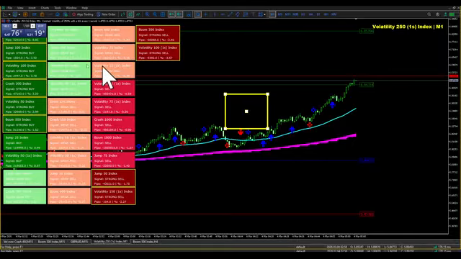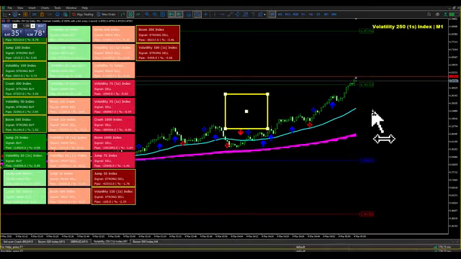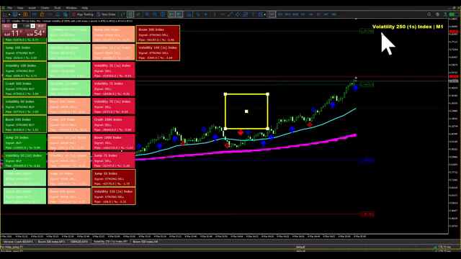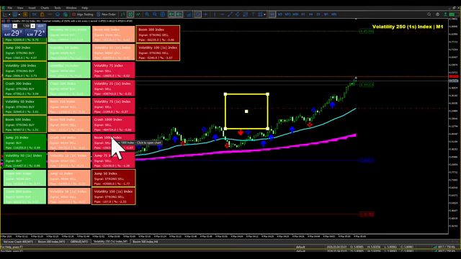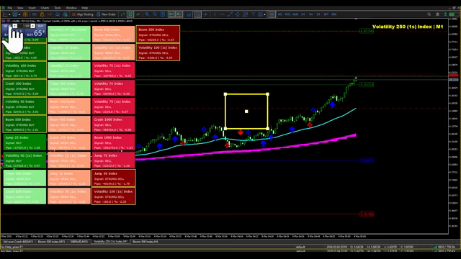Okay, then you put your stop loss where it's supposed to be, right, just like that, and then you take your take profit and you drag it to where it's supposed to be. So that's basically how you are supposed to get trades on the lower time frame. Let's have a look at